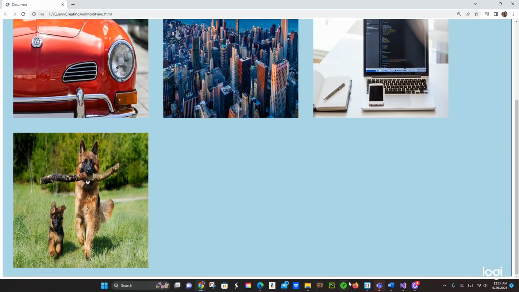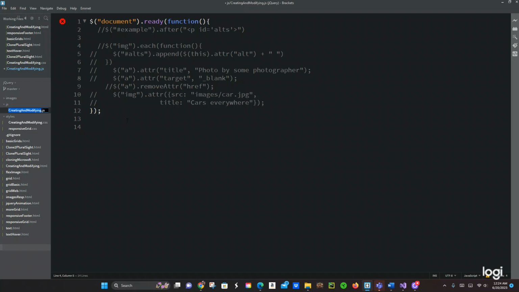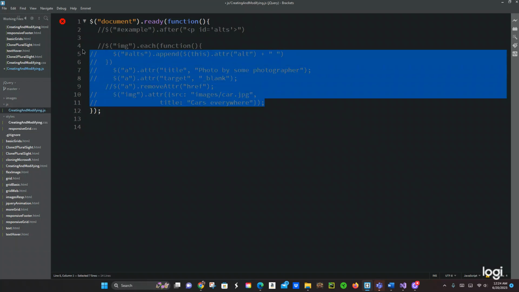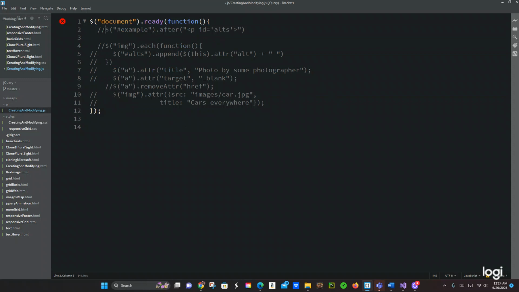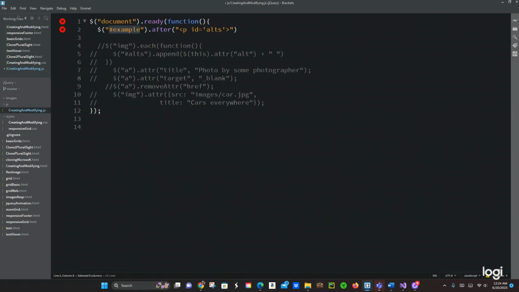Let's go back to our editor and check our JavaScript. I already have my document.ready function ready to go, and some code written down. We're going to uncomment that so we can save time. Here we're using our selector example for the ID example, and now we're going to be using the after function, which means it's going to be adding, passing this paragraph by the ID